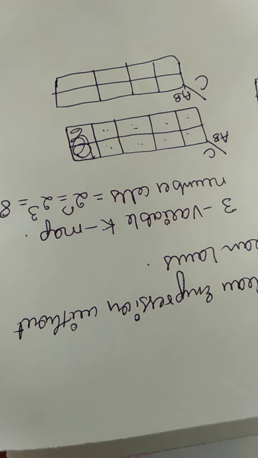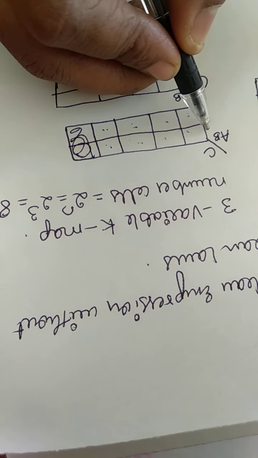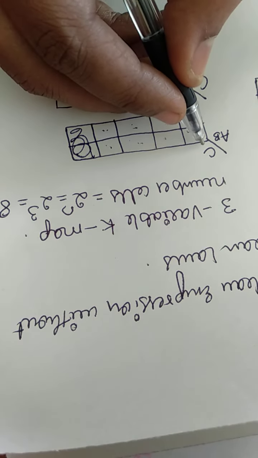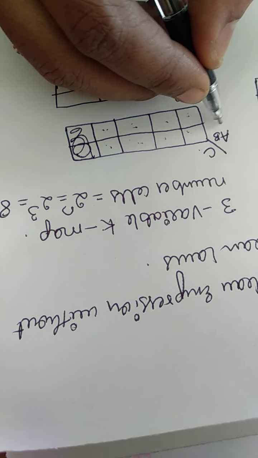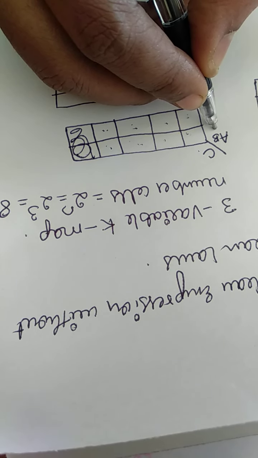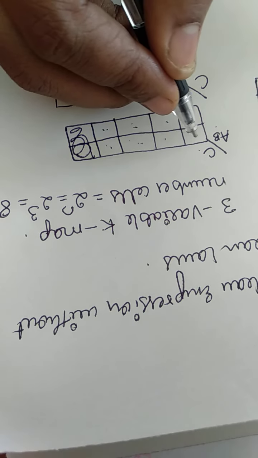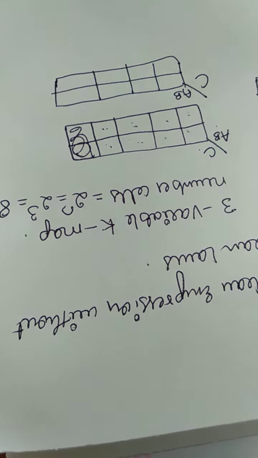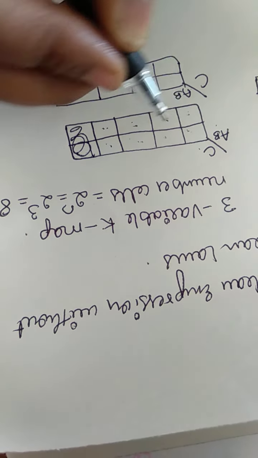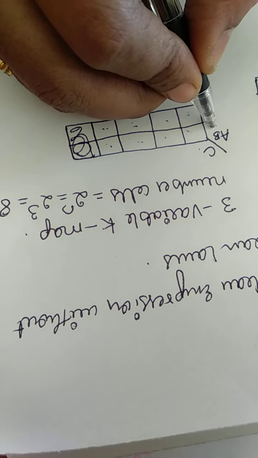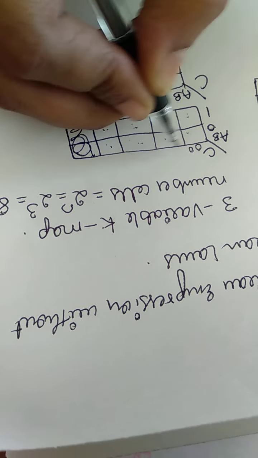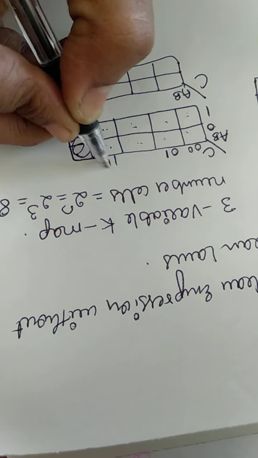So now next is the combination of variables. We have to represent the cells. How will we represent the cells? With the combination of variables. What is a cell? It is a combination of variables. So here we are dealing with AB, and here is C. AB we write first. For the C variable, most of the time we take the top row as 2 variables, so here 0 0, 0 1, 1 1, 1 0.